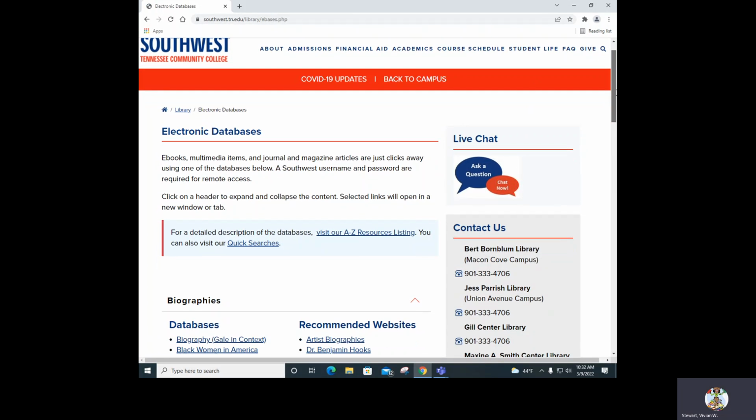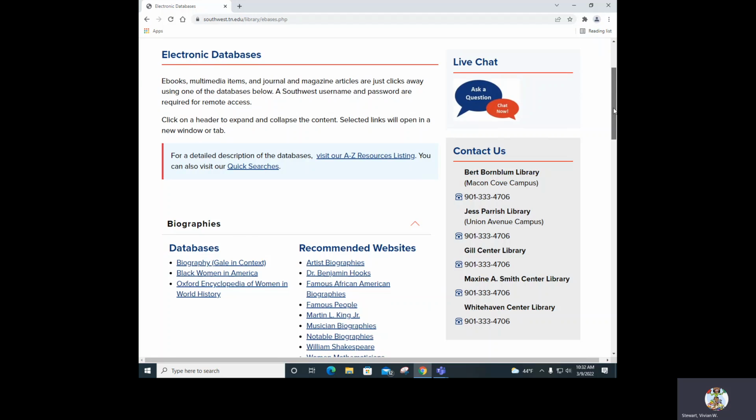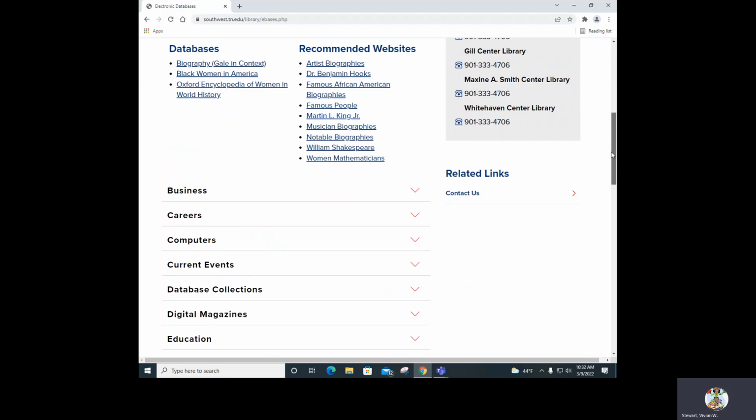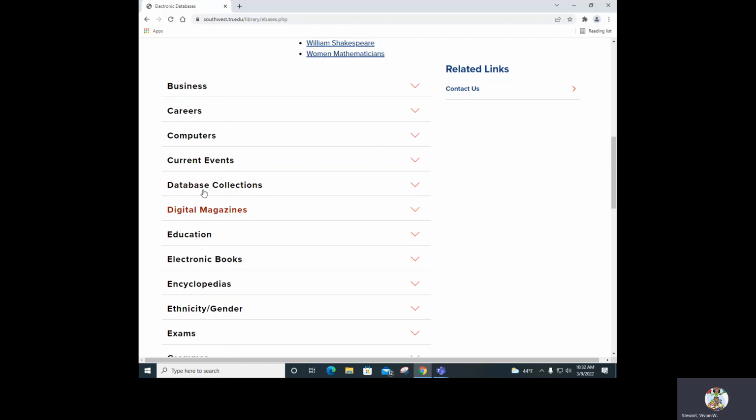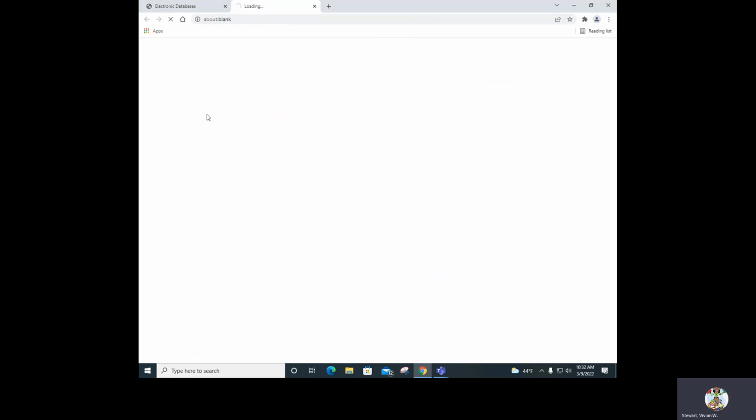Now, of course, if you're working from home, your Southwest username and password will be required. But this is just so that you can see something very quickly. As I scroll down this page, I am selecting database collections. Under database collections and the subheading of databases, I am selecting TEL, which stands for the Tennessee Electronic Library.